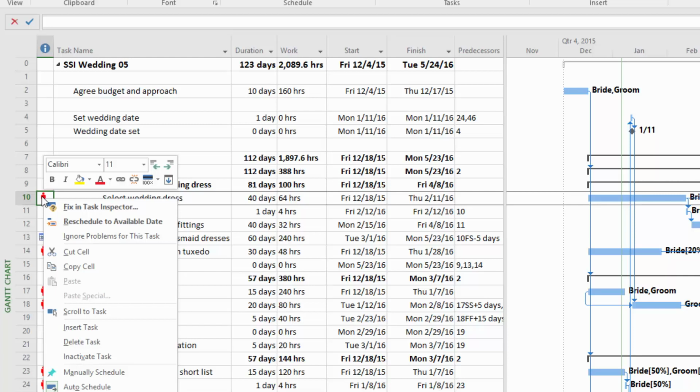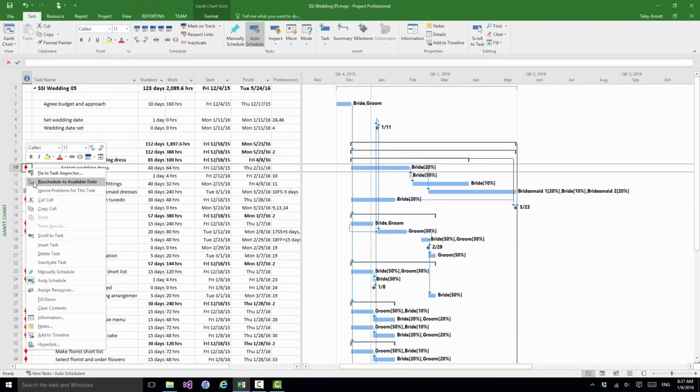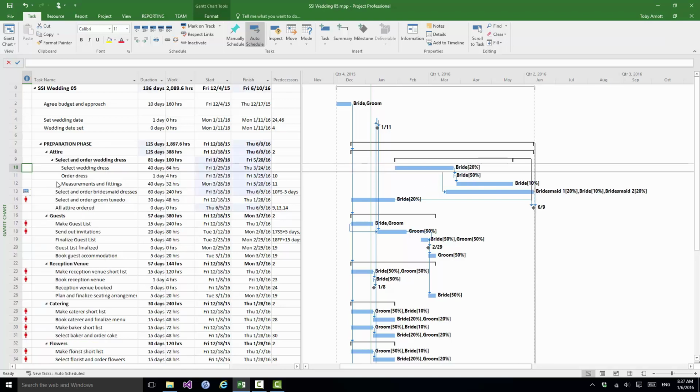The second option is the one that you'll very often use when you're doing manual resolution, and it is reschedule to available date. And what you're basically saying to Project 2016 is, I want you to find a date when this task can happen and I don't then have an overallocation against it. And that's what we're going to do here, reschedule to available date. Now notice the task has been rescheduled, and also notice that the red marker's gone from the left column there